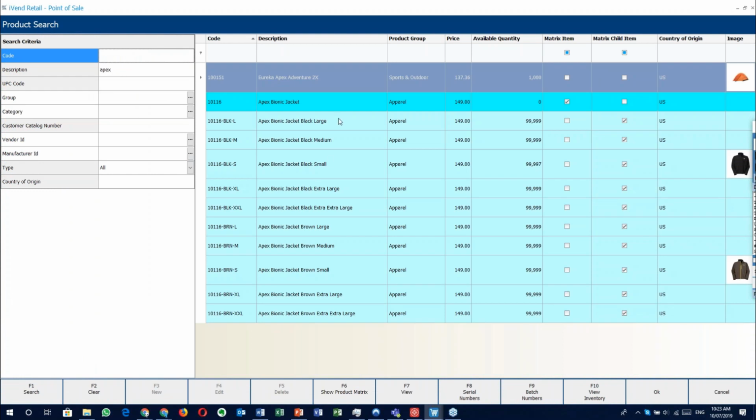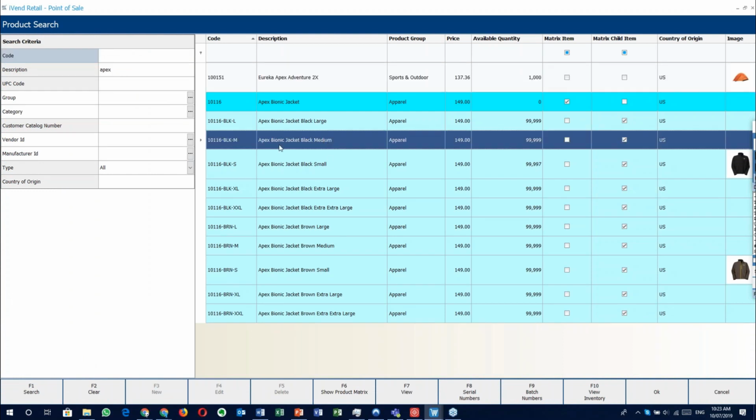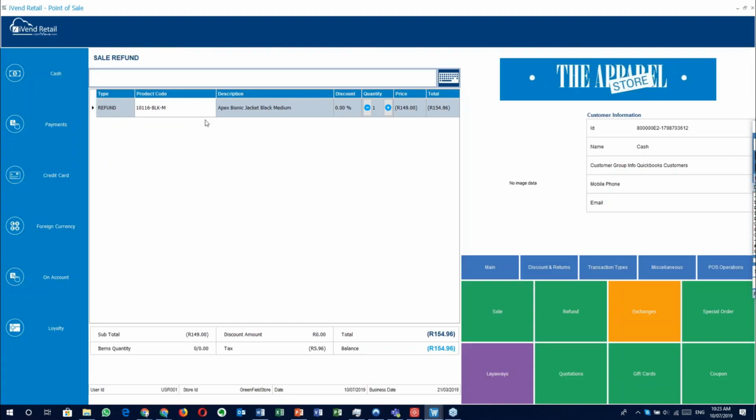Let's say I had the Apex Bionic Jacket Black Medium. If I'm going to do an exchange, let's say for whatever reason the zipper came off, or a pocket tore off, and it's clearly a manufacturing defect. If it's an exchange, then I take this one in